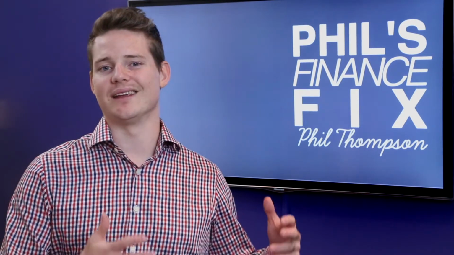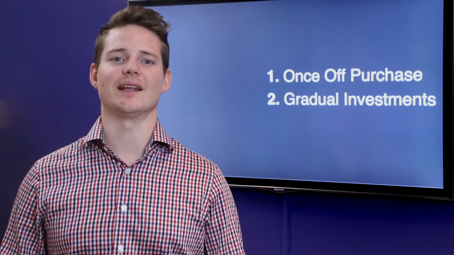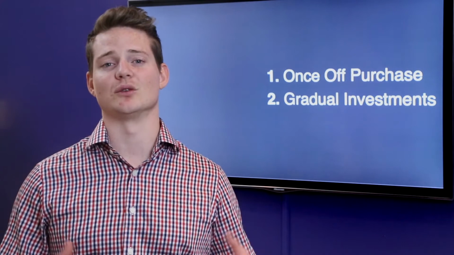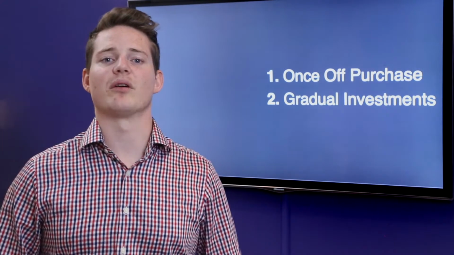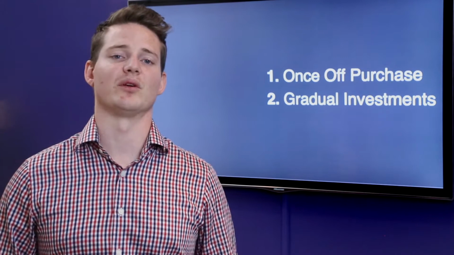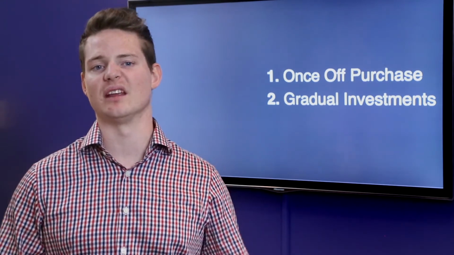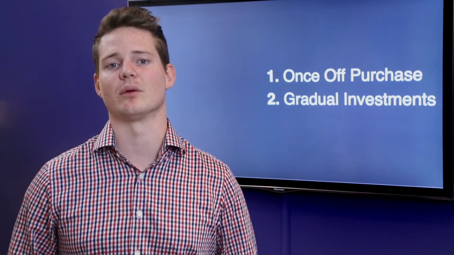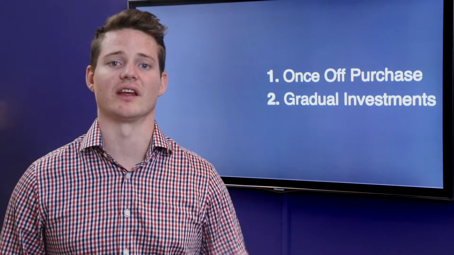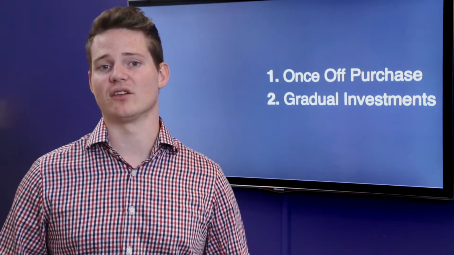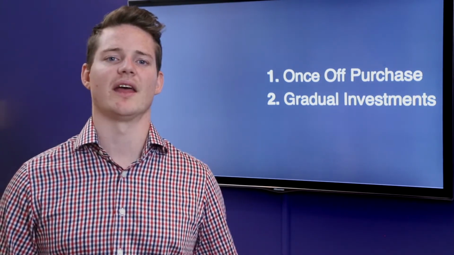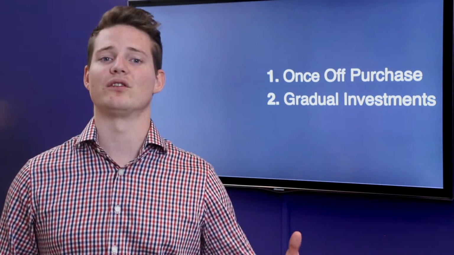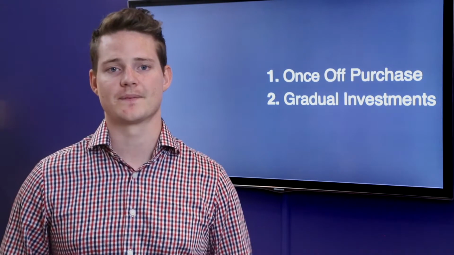One is the once-off purchase, and the other one is the gradual investments over time, which we finance people like to call dollar cost averaging. The high cost of property obviously lends itself towards a once-off purchase, as you can't buy the one property in 60 monthly installments over a 5-year period, nor is it likely for anyone to buy an investment property every month for the next 20 years. Shares, on the other hand, have a low entry price and therefore lend themselves to either option of the large once-off purchase or purchasing shares over several months or years.